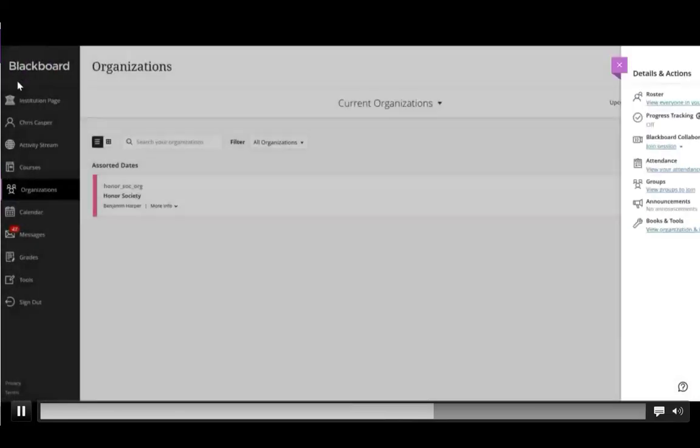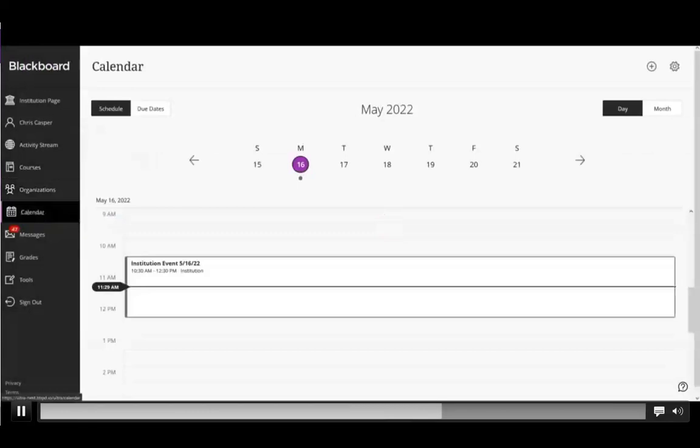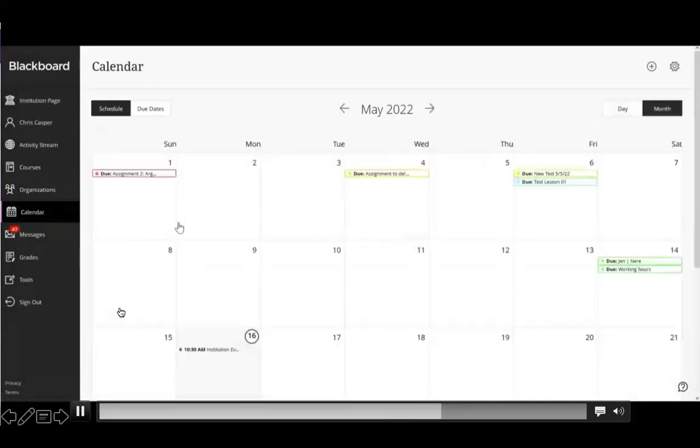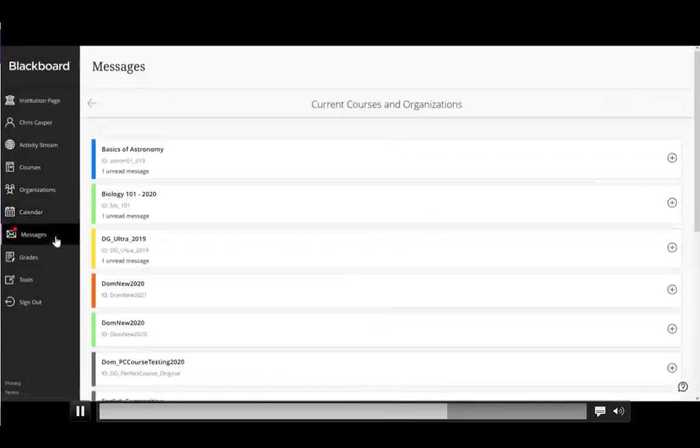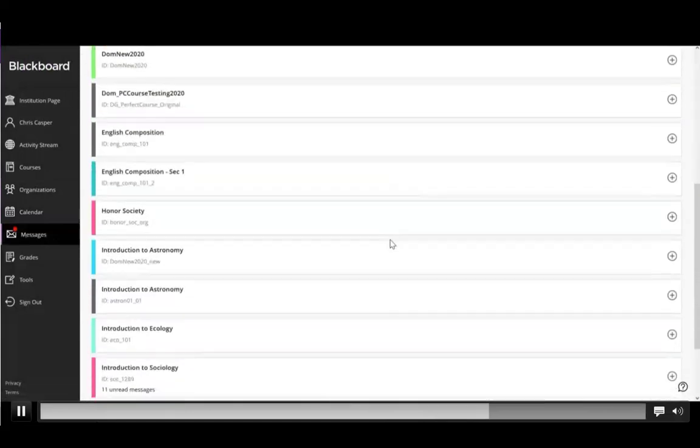In your calendar, you can see all your upcoming due dates and meetings across your courses. If allowed by your institution, you and your instructors can send messages to each other, multiple people, or an entire class. Messages activity remains inside the